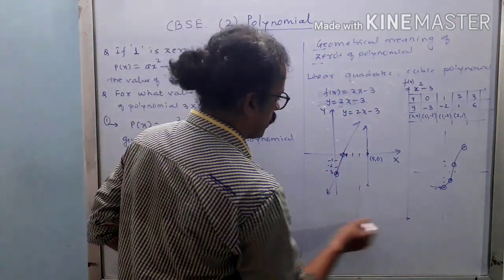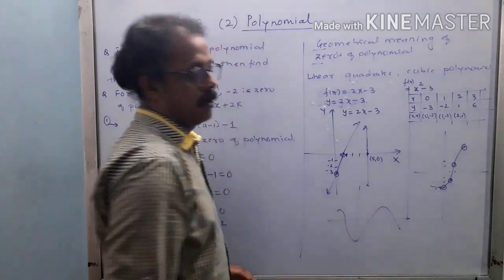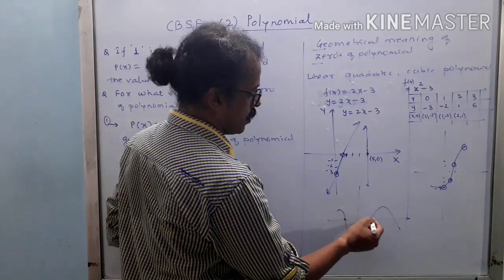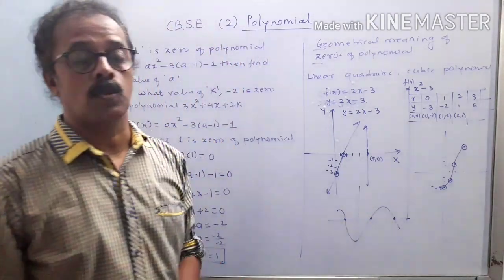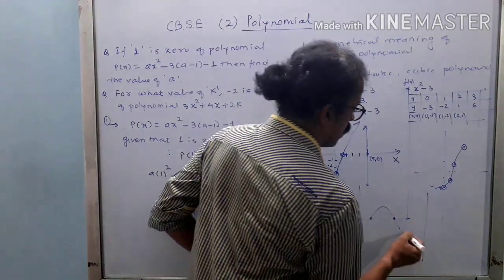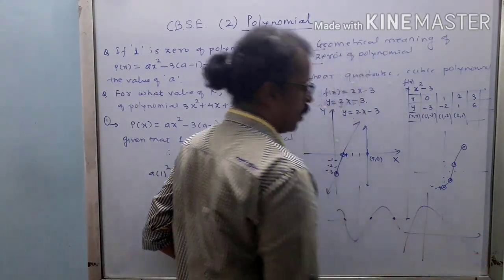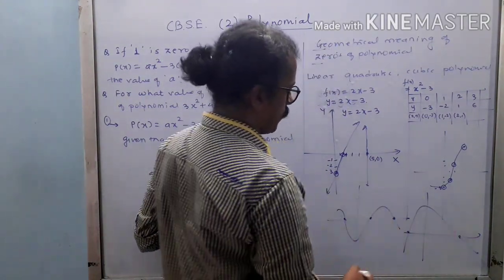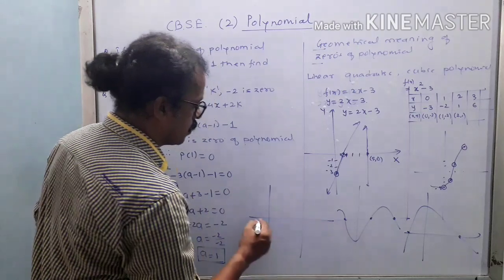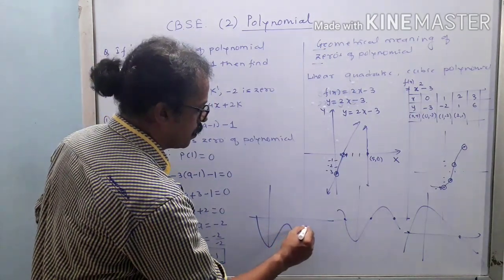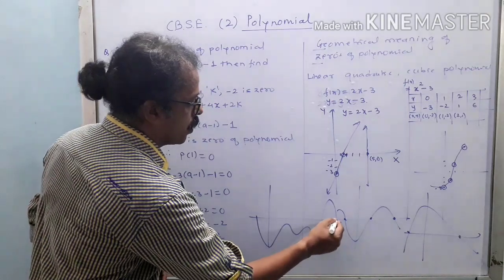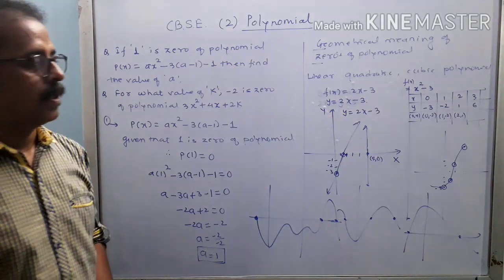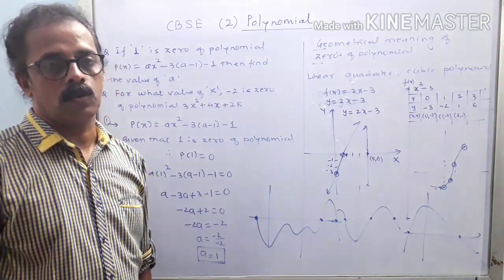Suppose I give you a graph like this, find the number of zeros of x. So this is the first point, this is the second point, this is the third point. How many zeros are there? A total of 3 zeros. Okay. Suppose I give you a graph like this, how many zeros are there? Again, this is 1 and this is 2. Suppose I give you a graph like this, so how many points are there? 1 and 2, and this is the 3, which is the starting point. So that is the way we can write down the number of zeros for that particular case.